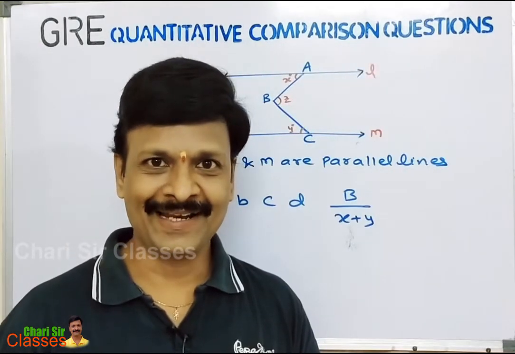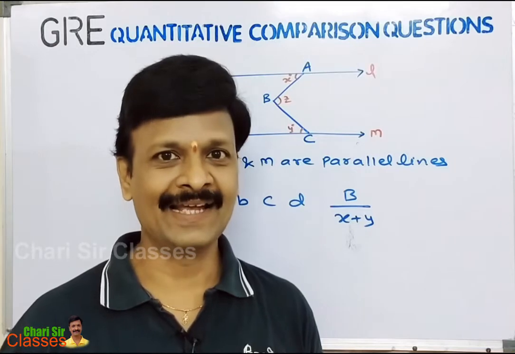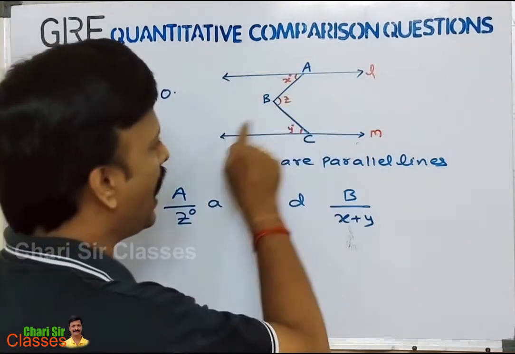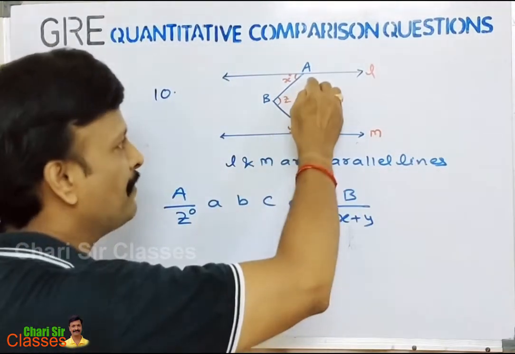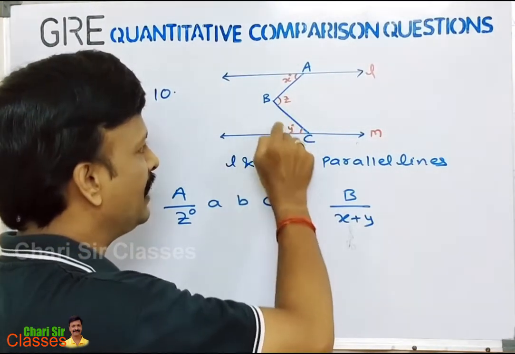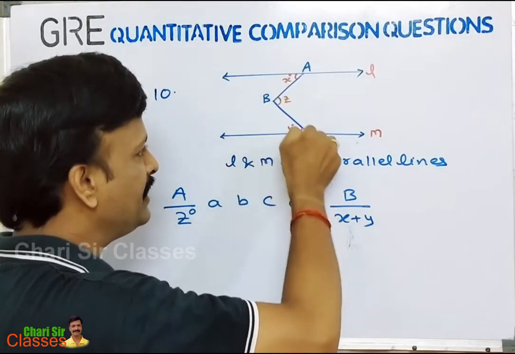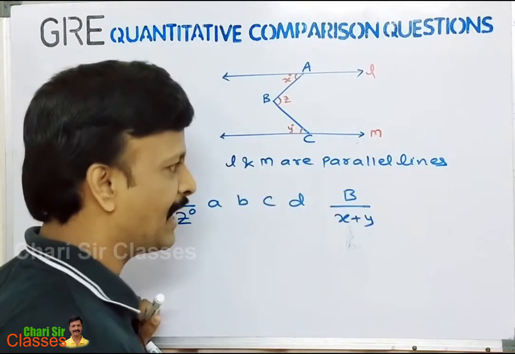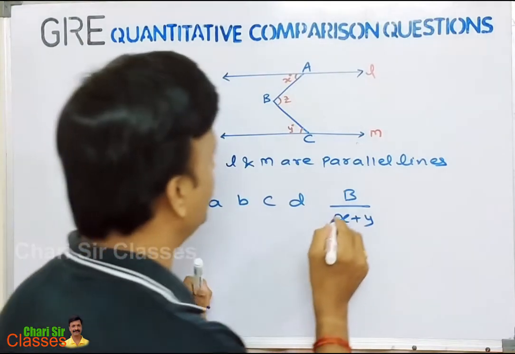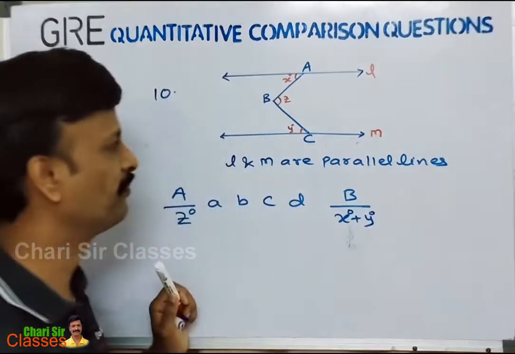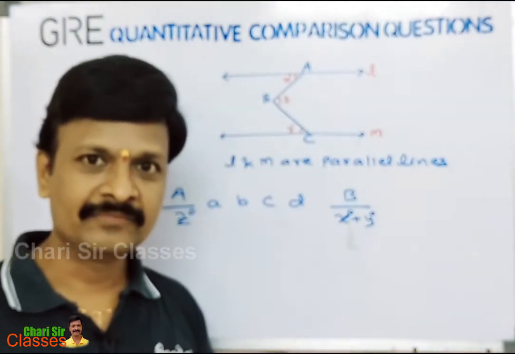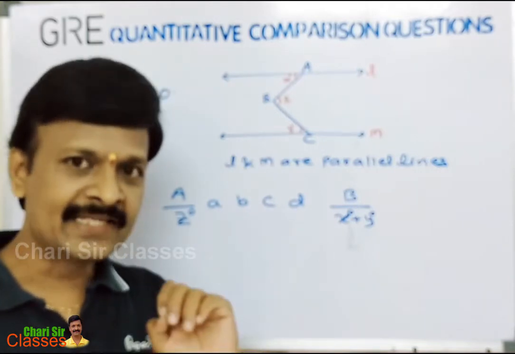Next, coming to question number 10, it is again a geometry question. Here two parallel lines are given. We need to know some properties of parallel lines also. Let's see first this question. So L and M are parallel lines, and from AB, this angle is given X and this angle is given Y, and angle ABC is given Z, and L and M are parallel lines. It is given quantity A is Z degrees and quantity B is X degrees and Y degrees together. Okay, so with this given data directly, can we find out anything? Not possible. Directly finding is not possible.